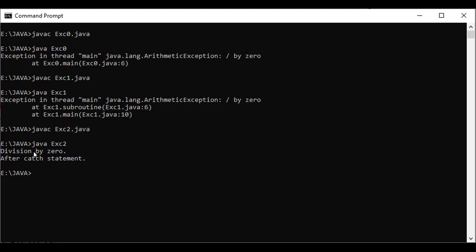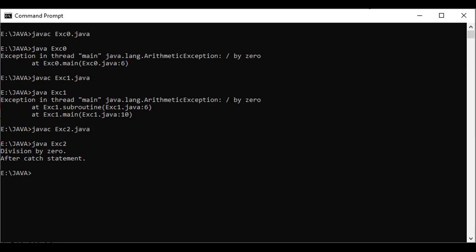So try is responsible for throwing the exceptions, and the catch block catches those exceptions thrown by the try block and handles them in our own way. And after handling that exception by the catch block, the remaining part of the code executes as it is. So this is the process.